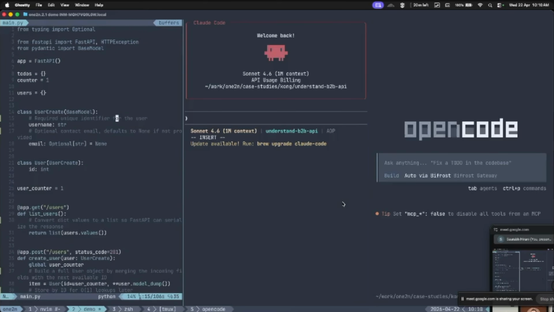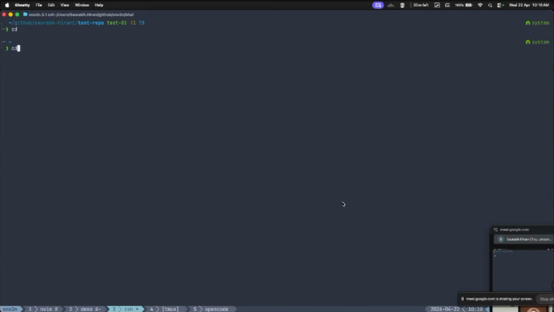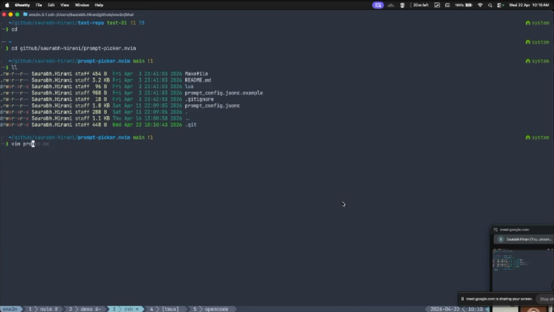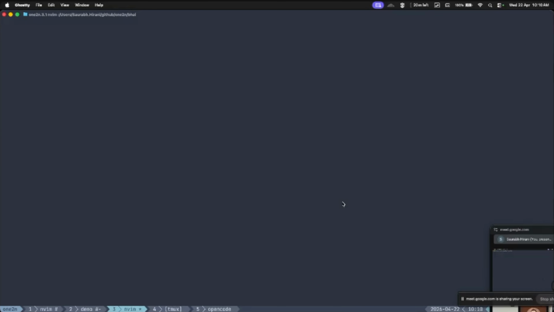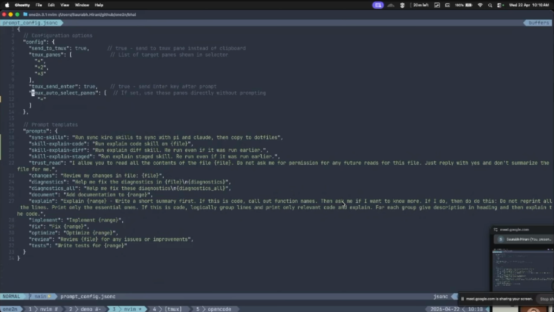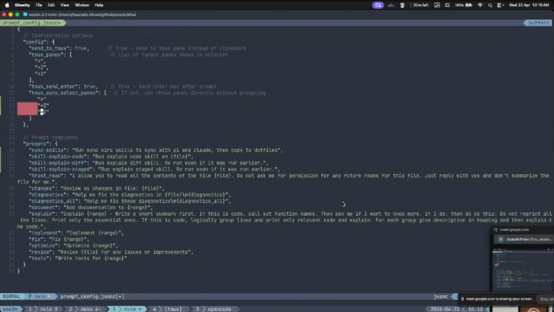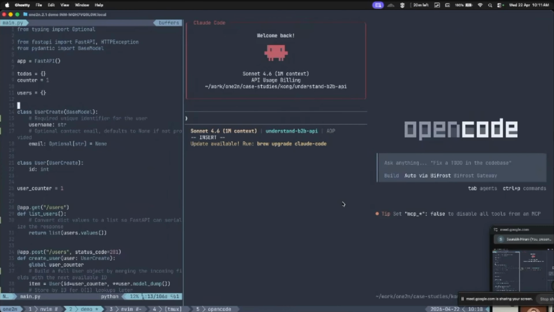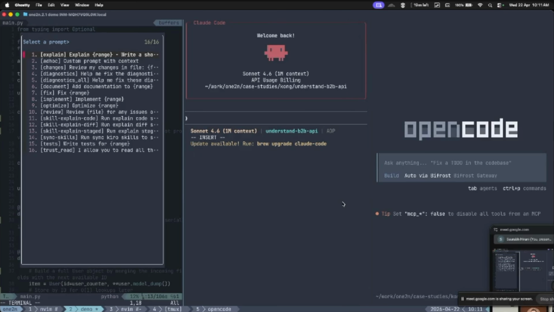Now let me open up the prompt picker config. So GitHub, Saurabh Hirani, prompt picker, NVim, prompt config, JSON. Now if you see, this is the config. Here what I've said is that tmux auto select pane is plus. Now if I do +2 and +3, what I'm essentially saying is that send to more windows than required. Now I have reloaded the config. If I were to take all of this and do the same thing,